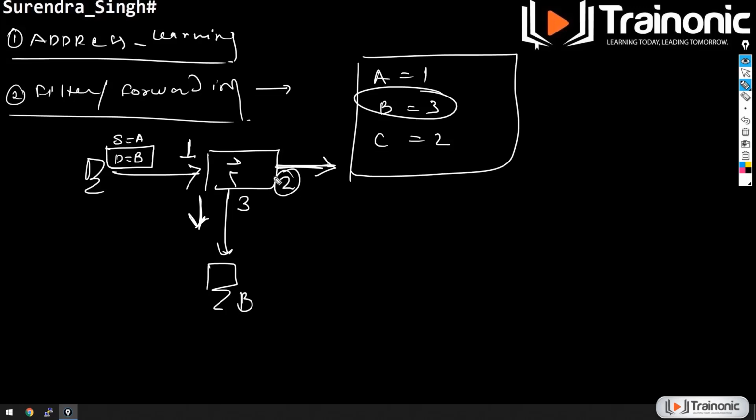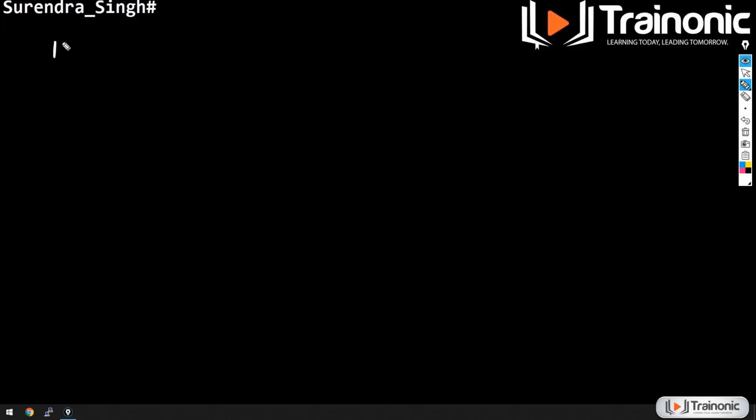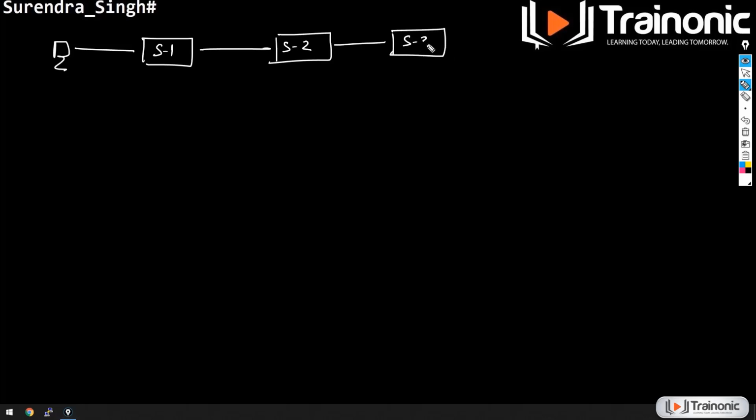Okay. Now, what if there are multiple switches? Let's say this is device A, this is switch number 1, then there is switch number 2, then there is switch number 3, and then there is device B. Meanwhile, let's also consider there are a few more devices like C, D, E, there are more devices, something like this.